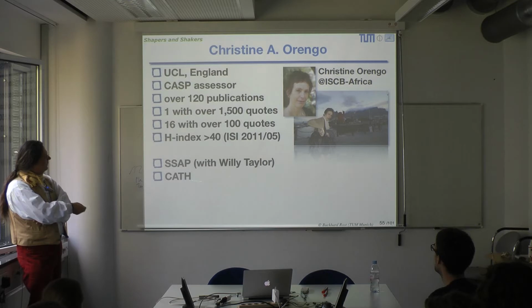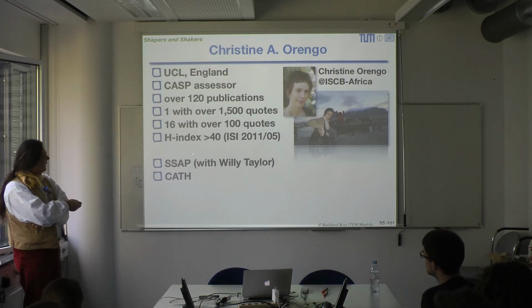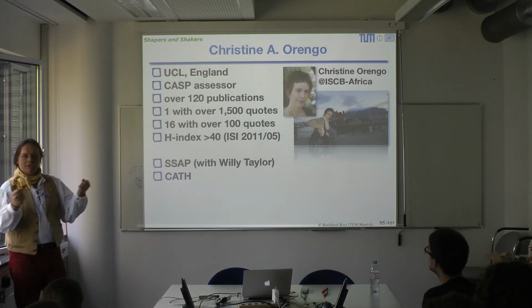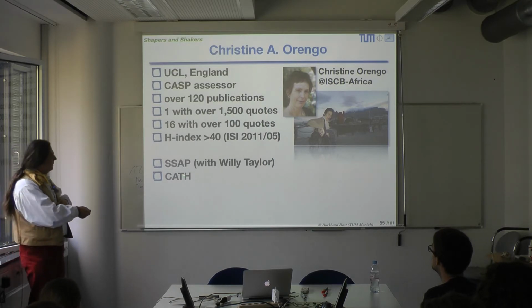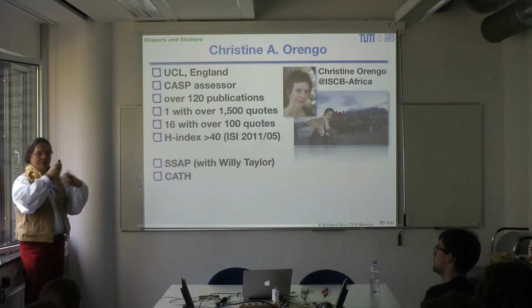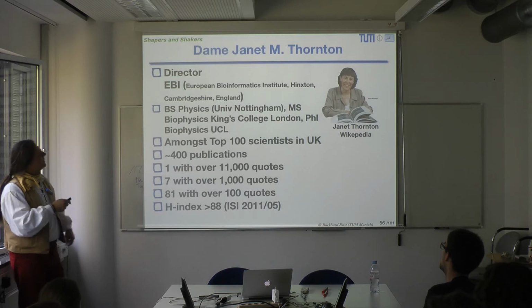One of her first tools, developed for her doctoral degree with Willie Taylor, was SAP, a method that compares structures. So how can I find out whether two proteins are similar to each other? That led to the development of a large classification database, CATH, and she did that together with Dame